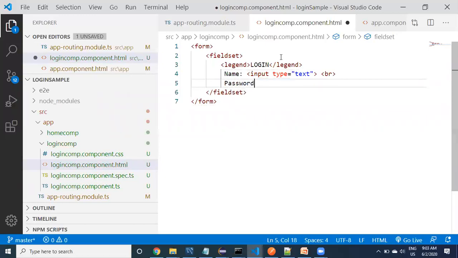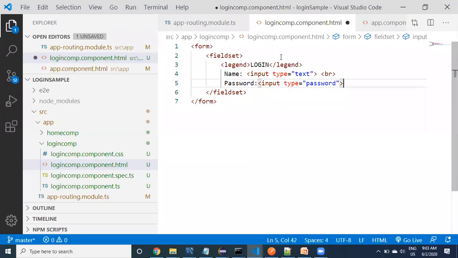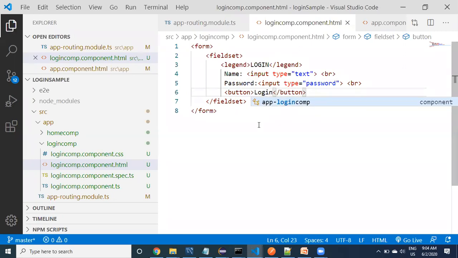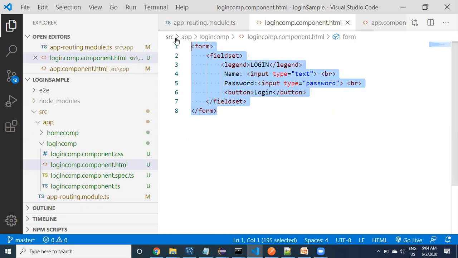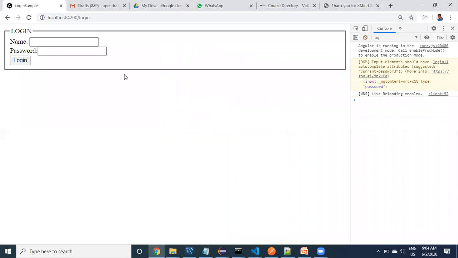Password, is a password, button. This is going to be the form. Okay, we got it. So by default we are coming to the login.